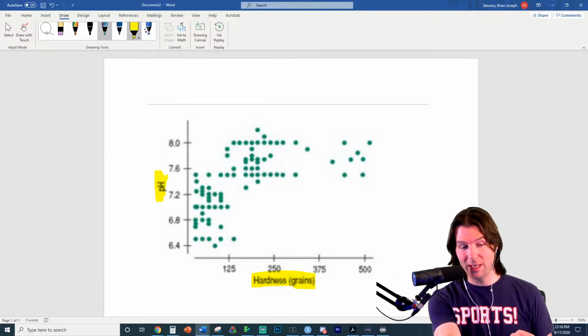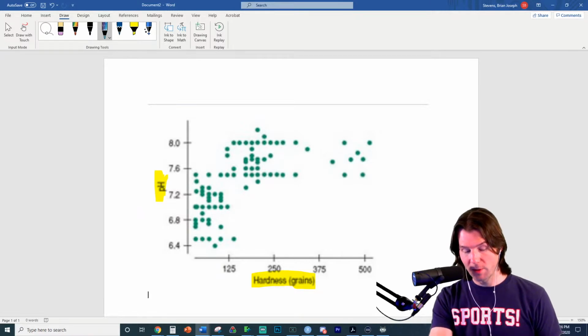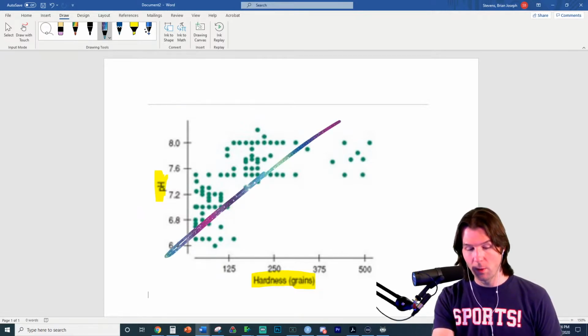Condition 2 is straight enough. So what do we mean by straight enough? We mean a straight line well approximates